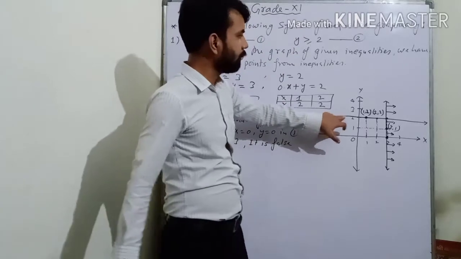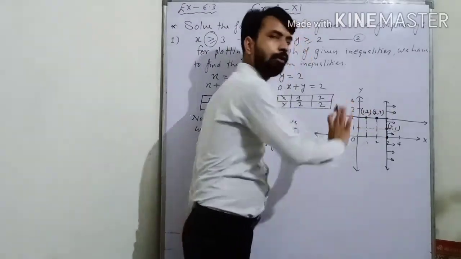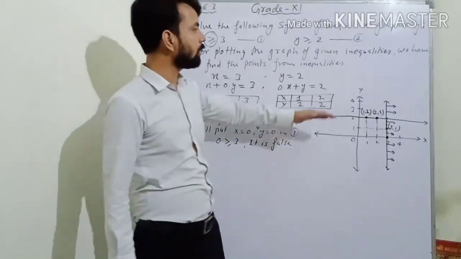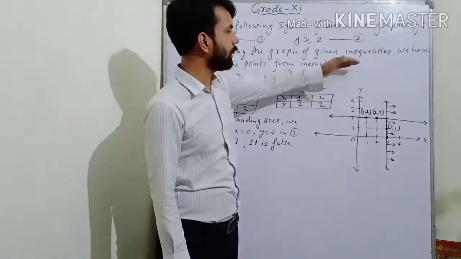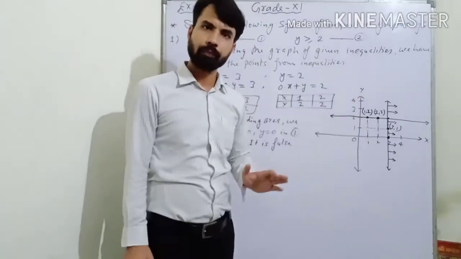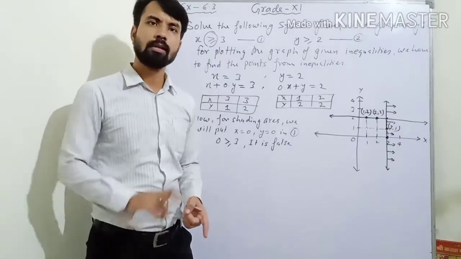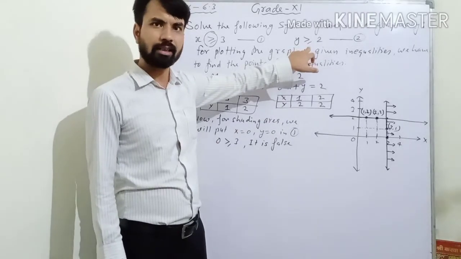We will draw this line, these 2 points, we will join these 2 points with a regular line. Clear? Now again we have to find the shaded region for this line. We will have to shade upside region or downward region. Clear? So for finding the shaded region we will have to put 0 0 in the second inequality. Understood? Hope it is clear.